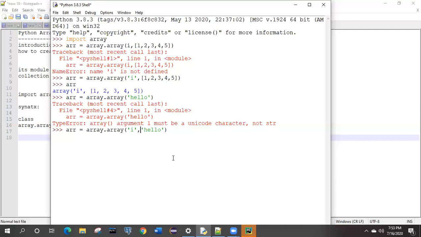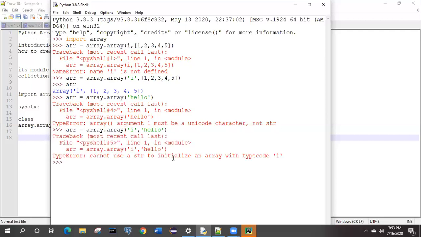So I was talking about how previously we have seen that whenever we are creating the array and we have given the typecode as a single character I, it was working successfully, right? Now we need to demonstrate whether it is working correctly or whether we need to make some changes. If you see this line we are executing, what is it saying? We got an error, we need to have an initializer. If you see, initializing an array with the type code I, because then it cannot be used.